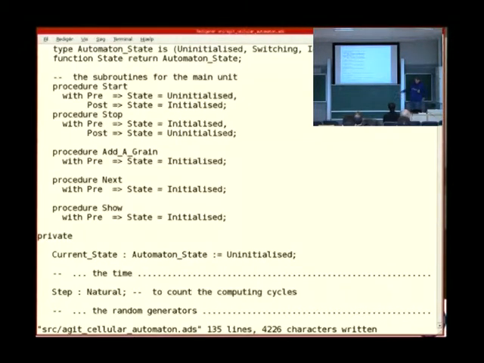Then we've set adding a range, next, and show as preconditions about being initialized. That's good. So after we call start, we are initialized, and after we call stop, we are uninitialized.